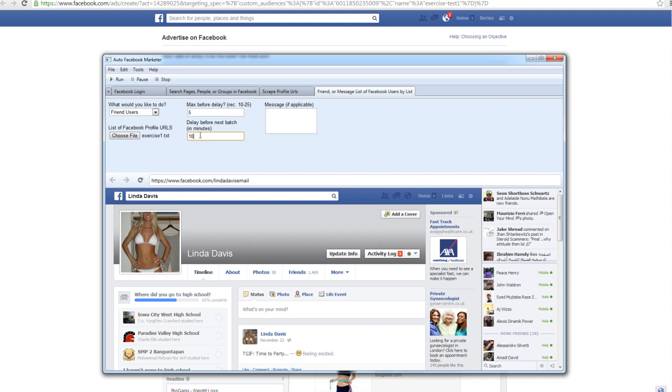Okay, now you can see, rather put the delays very long and let this run in the background. Okay, then you can add a lot more people. When you have new accounts, I suggest you don't friend a lot of users from the beginning. Okay,